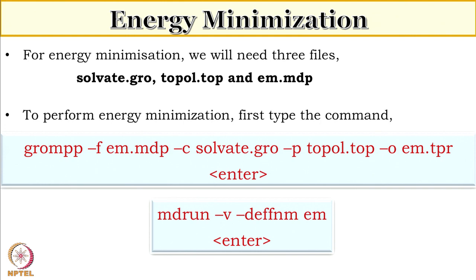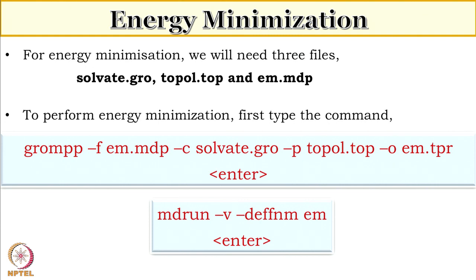em.mdp is my energy minimization molecular dynamics parameter file. What about the sizes of the boxes? Now in this case you have a dodecahedron. What size will it choose, or do we have to specify that in some file? You can either specify it, or basically what it does, I have specified my distance between the solute and the box edge, that is 1 nanometer. So it will create a box around it. When you type the command editconf, it will display on the screen what box length it has chosen, right? Now when it solvates, it will slightly modify the box length. So it will also be displayed on the screen.